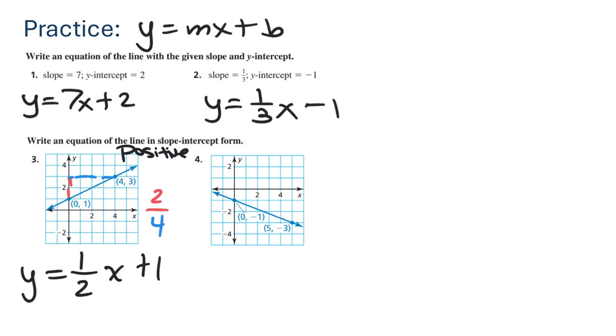But we have to first see it, okay? You always have to pay attention. Not every graph is going to be the same. Not every graph is going to climb by 1. There's going to be graphs that are going to be midpoints. Okay, in number 4, we already know that that's a